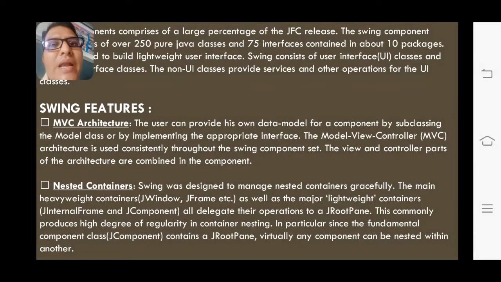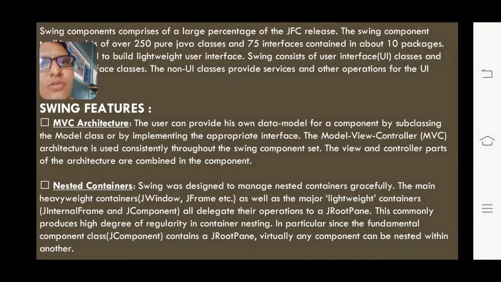Got it? And next, Swing features. This is a 5 marks question. Go through it. Let us see what the Swing features are. First, MVC architecture, model view controller architecture. MVC stands for model view controller. The user can provide his own data model for a component by subclassing the model class or by implementing the appropriate interface.